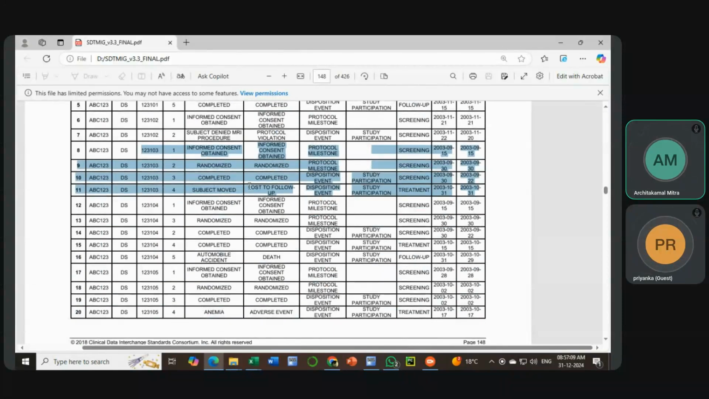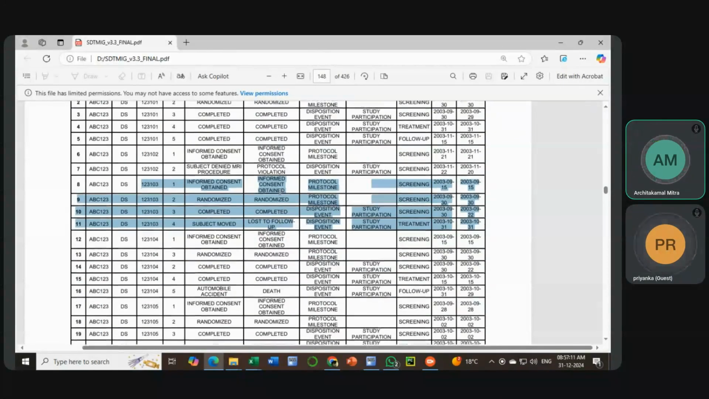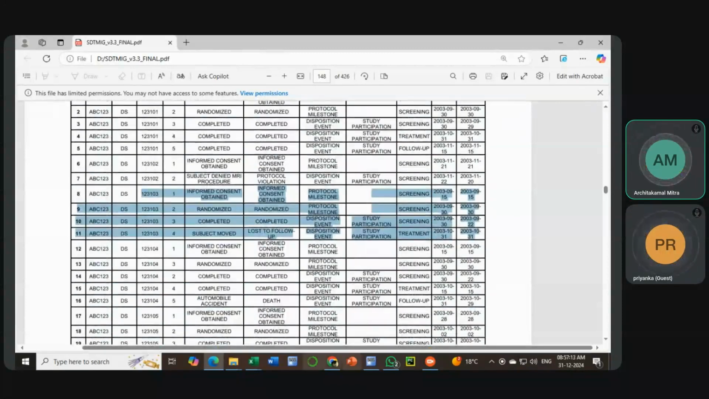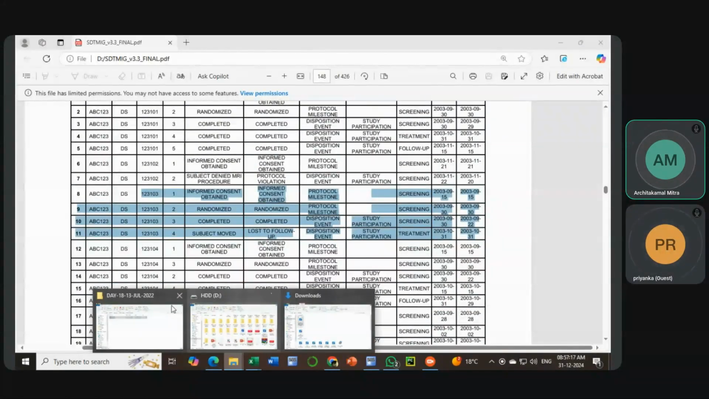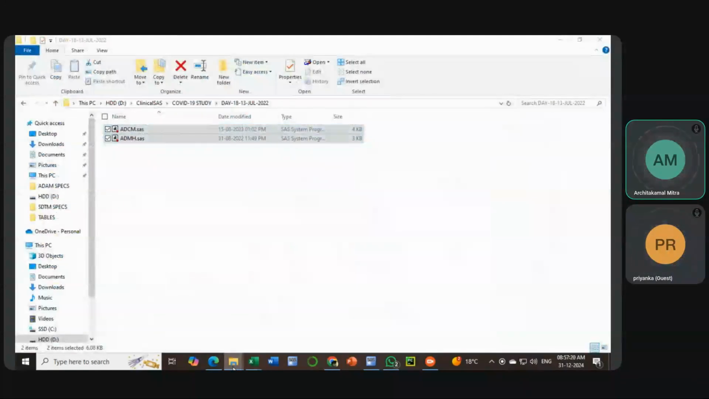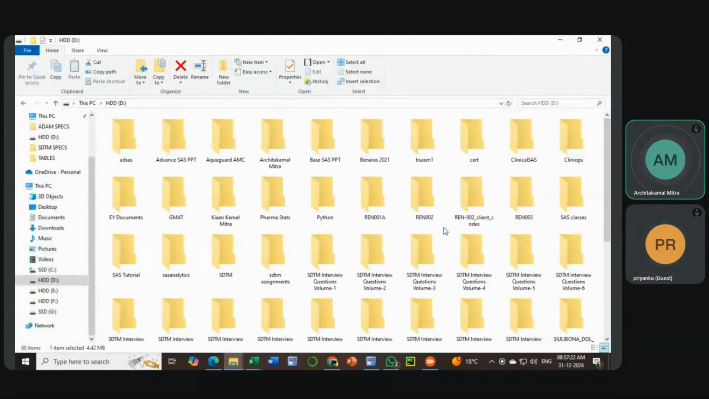This is the control terminology, lost to follow up. If you see DSDECOD, this happens. So if we see DSDECOD control terminology, this is how you should be relating. This is how you should be going through. So if we go here, control terminology,